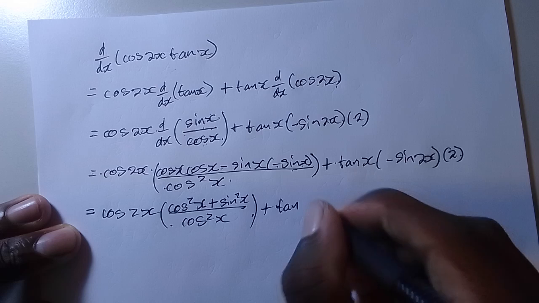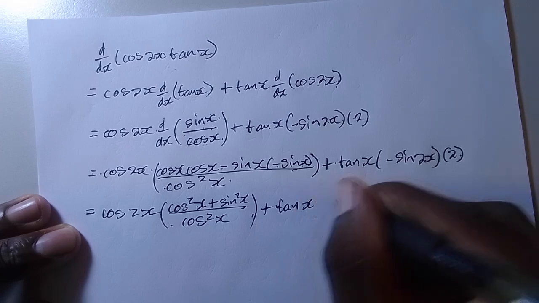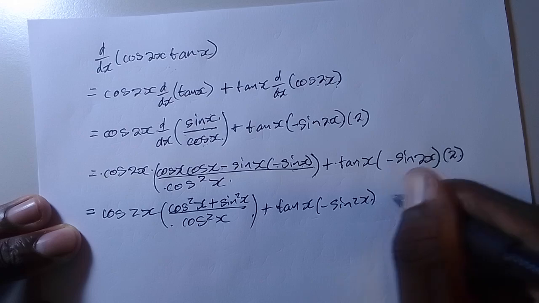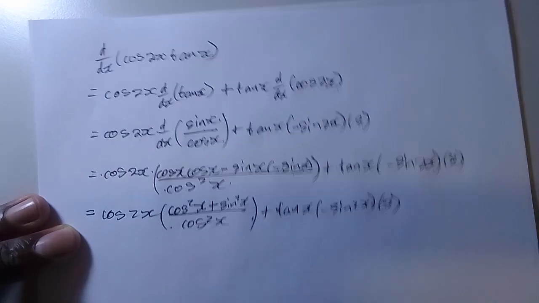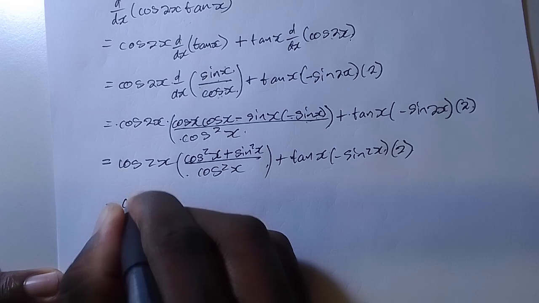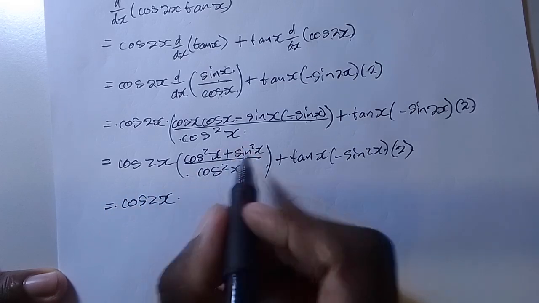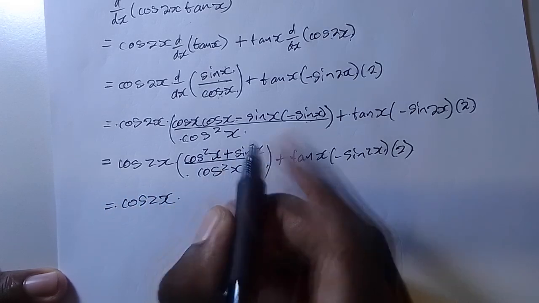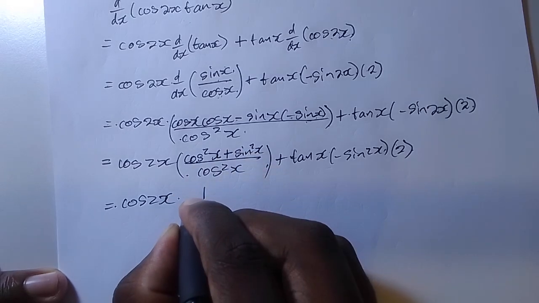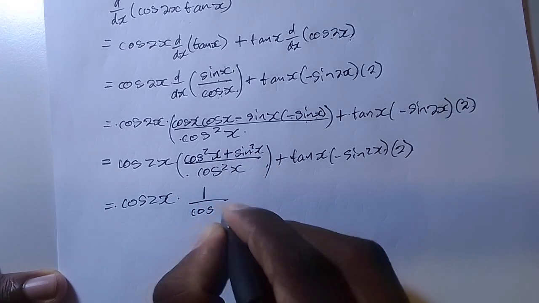Tan x negative sine 2x. 2. Right. Now we say this is cos 2x. The sum of these will give us 1, because sine²x plus cos²x is 1, divided by cos